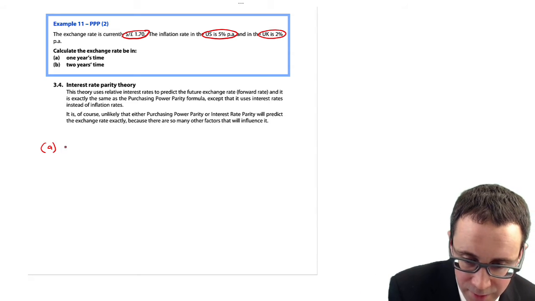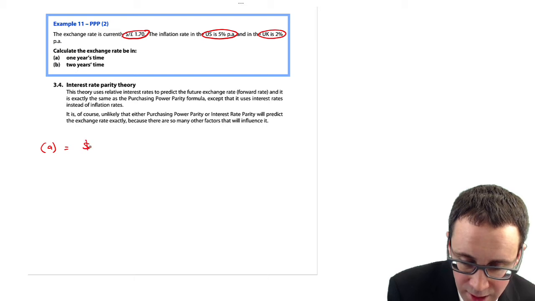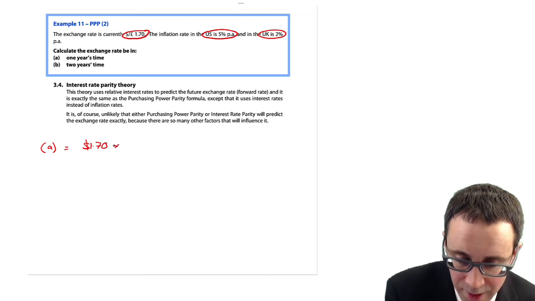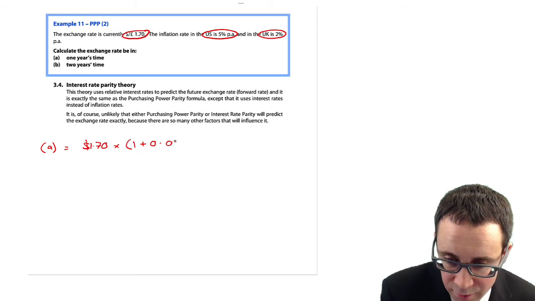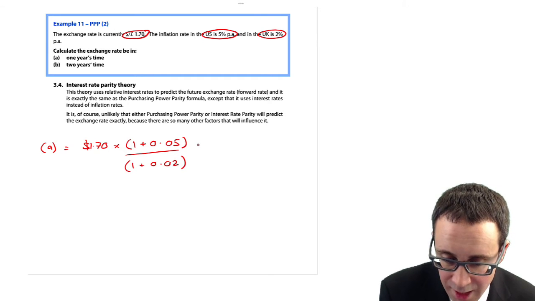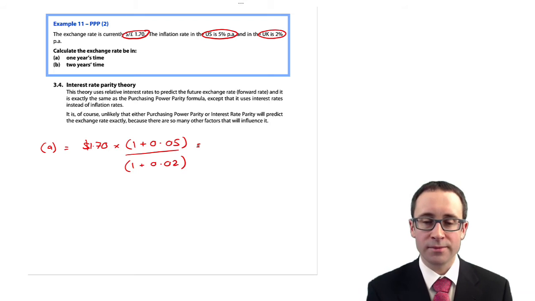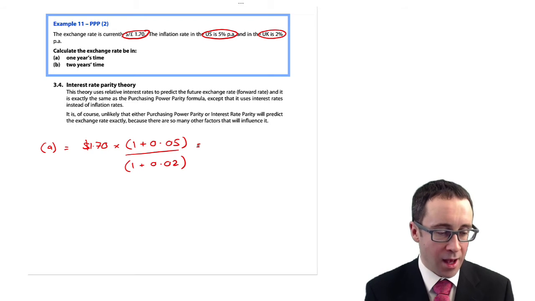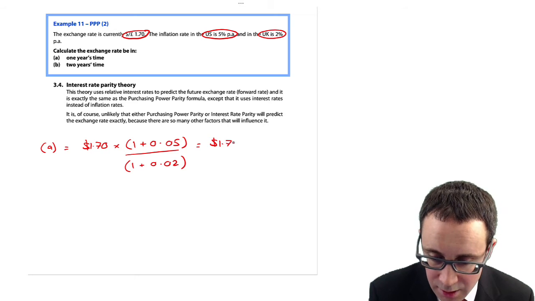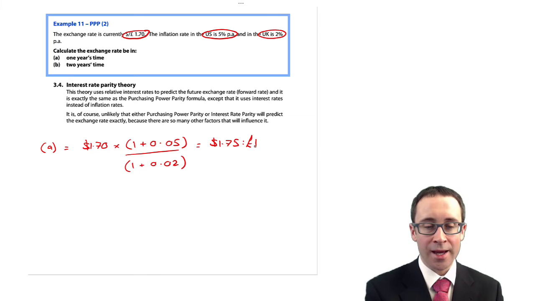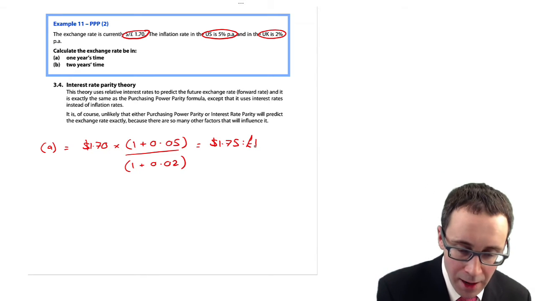So in A, we take my exchange rate of $1.7 to the pound, multiplied by 1 plus 5% as the overseas, divided by 1 plus the 2% as the base currency, the one quoted to 1. Tap that into your calculator, and that gives you $1.75 to the pound. Okay. And then in part B,